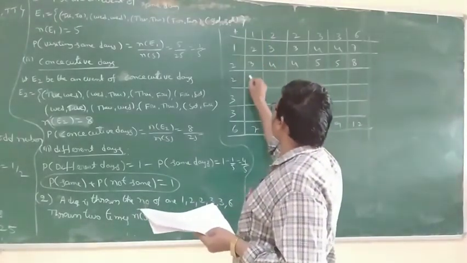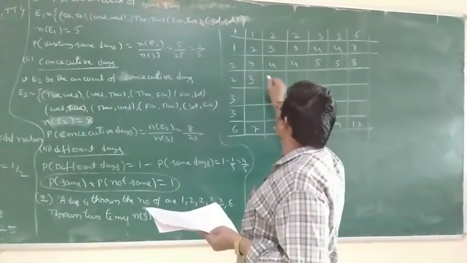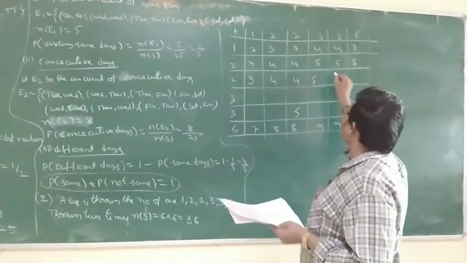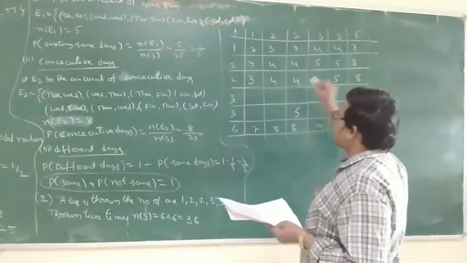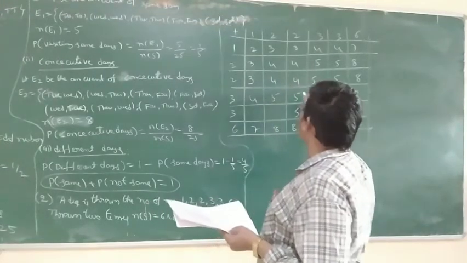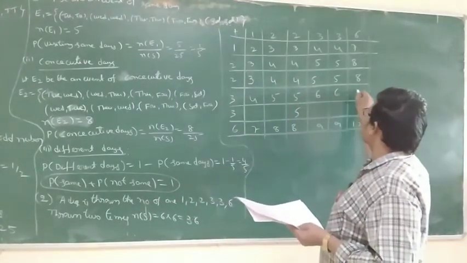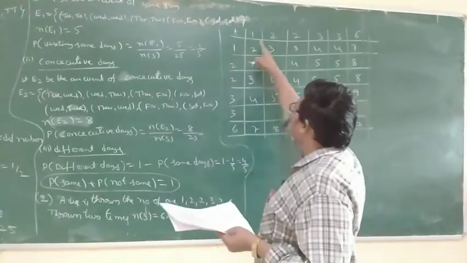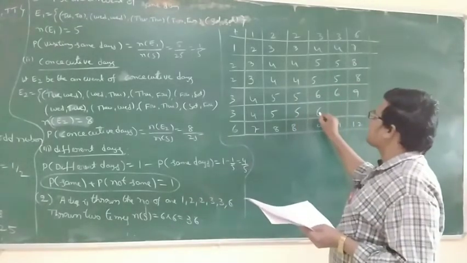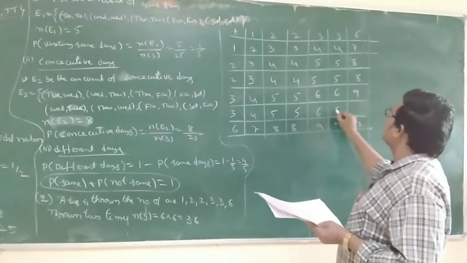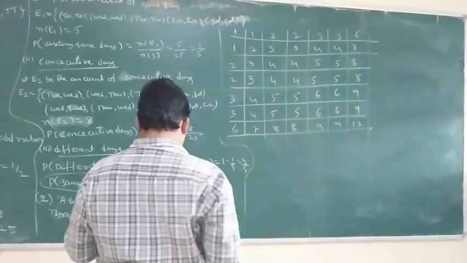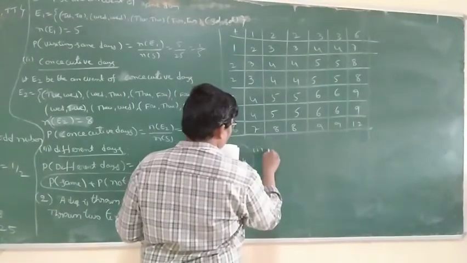1 plus 2, 3; 2 plus 2, 4; 2 plus 2, 4; 3 plus 2, 5; 3 plus 2, 5; 6 plus 2, 8. Next 1 plus 3, 4, 5, 5, 6, 6, 9. This is the table. What is the probability that total score is